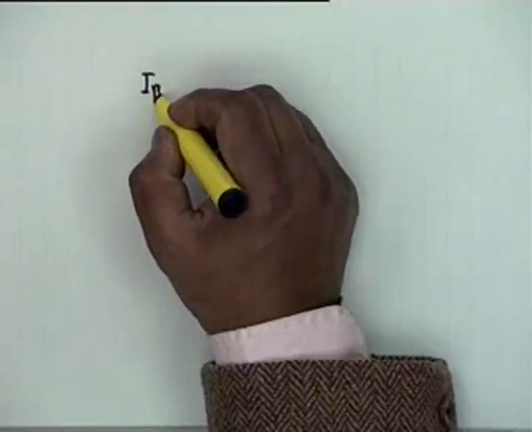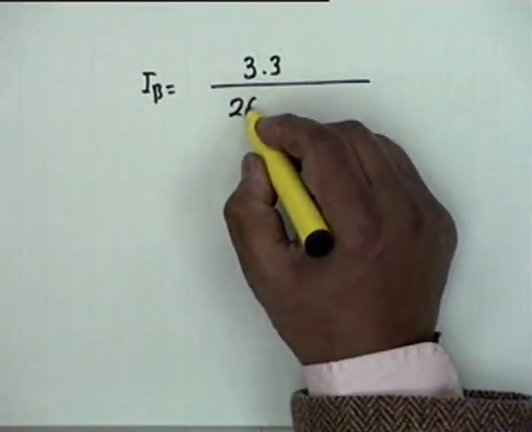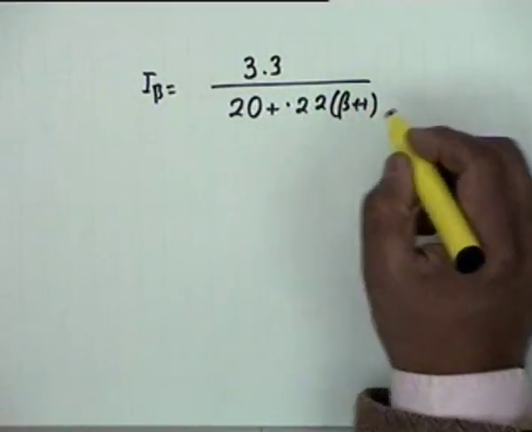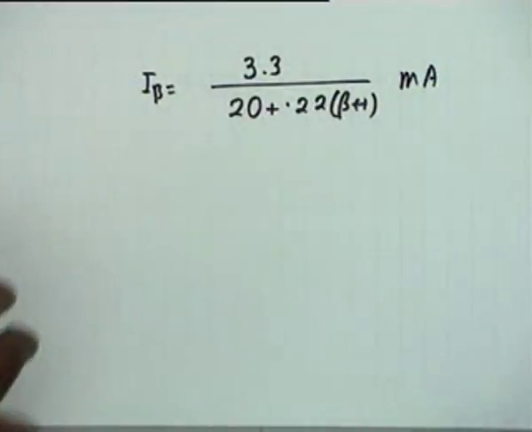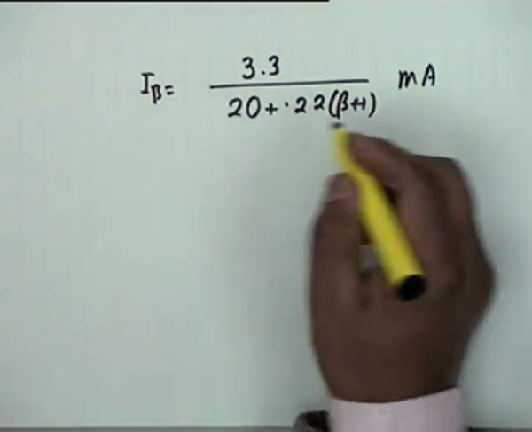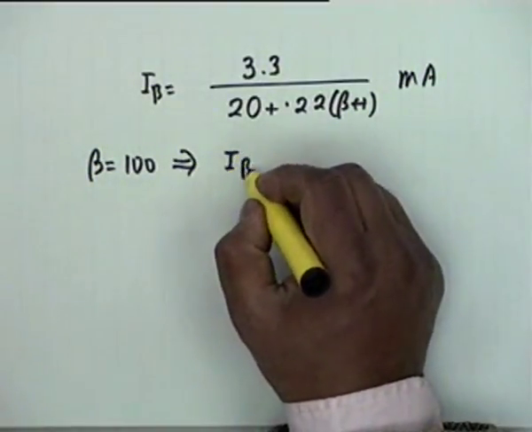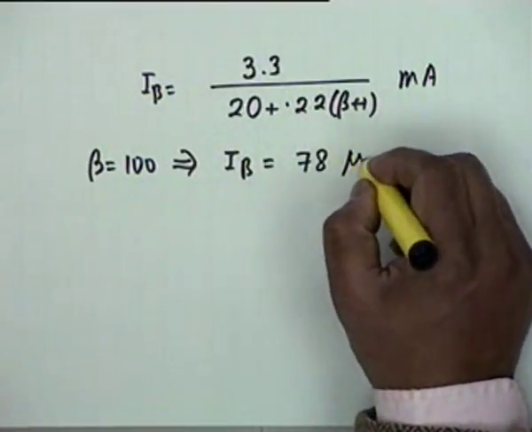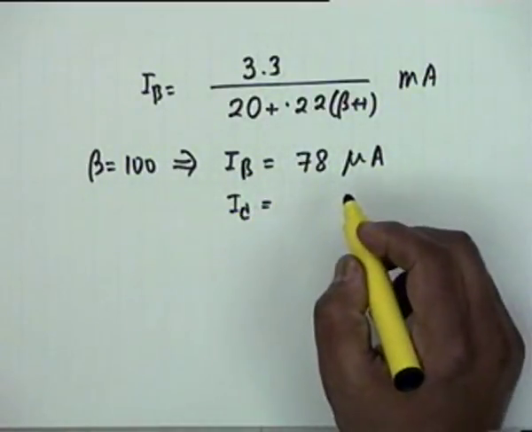Now let me recollect this, IB is 3.3 divided by 20 plus 0.22 times (beta plus 1), so many milliamperes. Okay, you must get into these conversions very quickly. So a beta equal to 100, that leads to I sub B. If you substitute this, I hope I am right, it comes out as 78 microampere, and therefore I sub C is equal to,